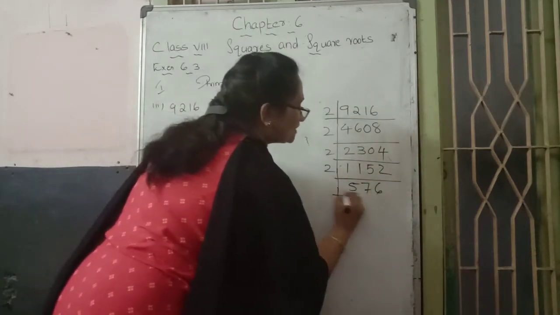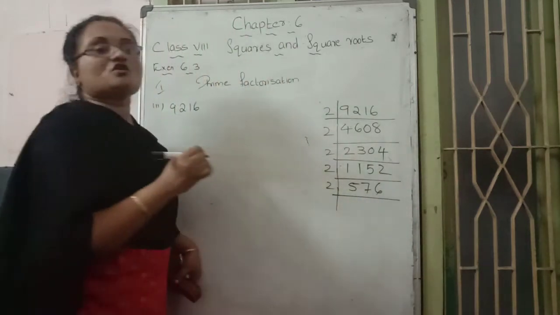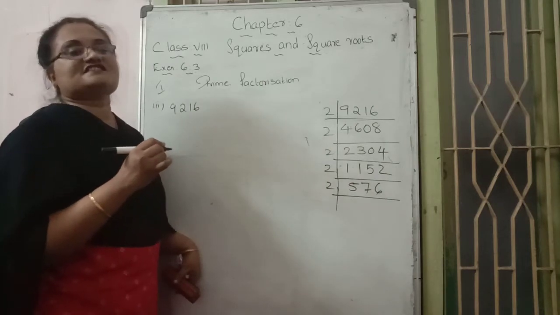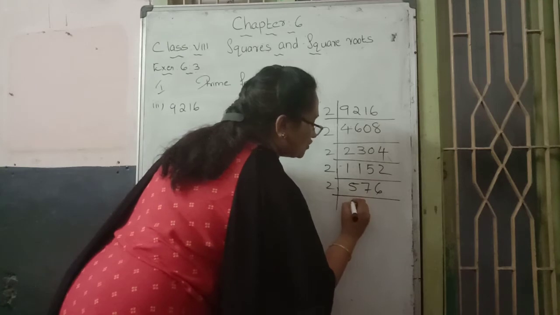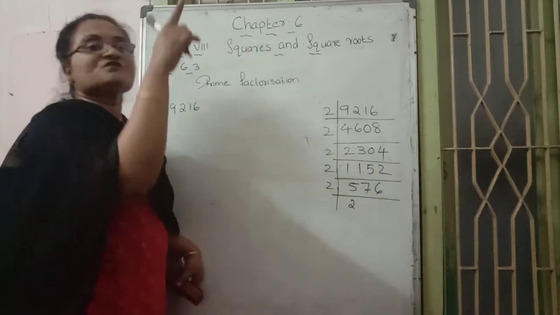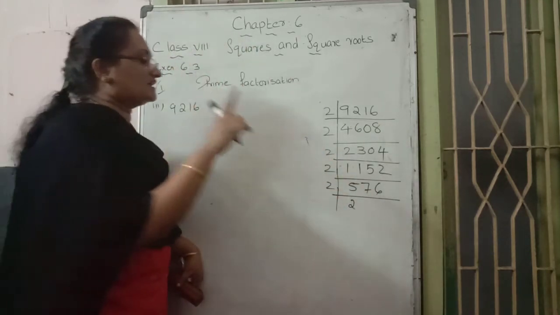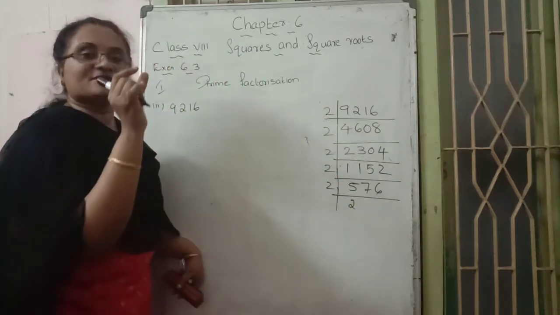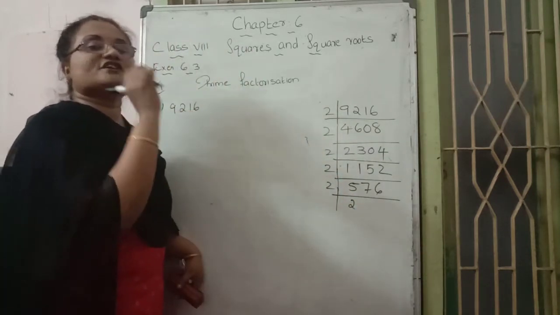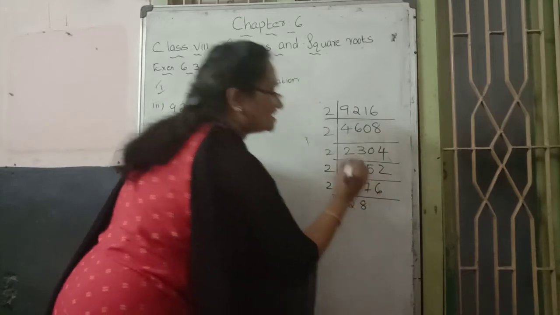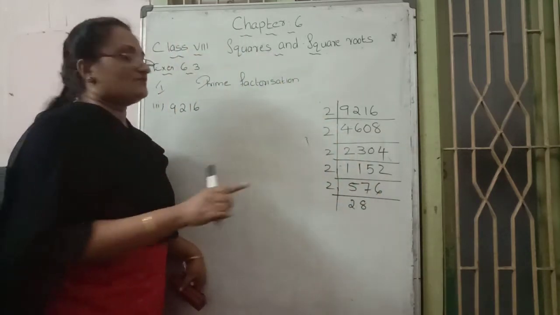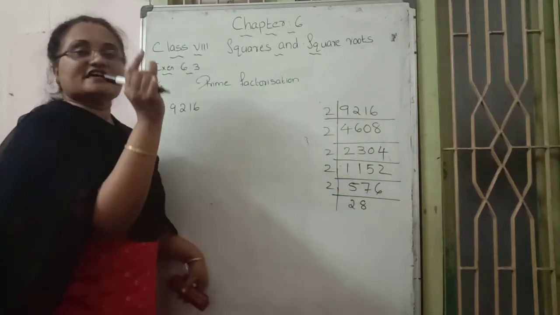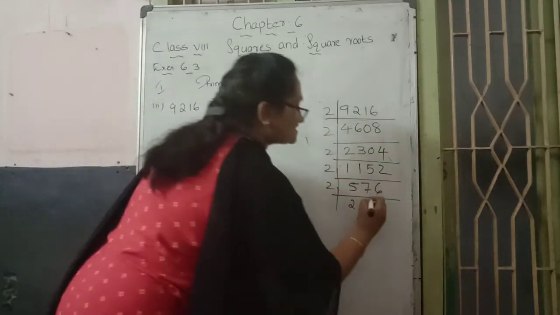Again we continue with the 2. What is the reason? Here also you need to look at the 6. 6 is an even number. Again 2 table 5 properly is not there. 2 twos are 4 is there. 5 minus 4, remainder becomes 1, and 7 joining, 17. 2 table 17 is not there. 8 times 2 is 16, that is there. So 17 minus 16 becomes remainder 1. That 1 and the next 6 take. Read together, 16. 2 table 16, 8 times.